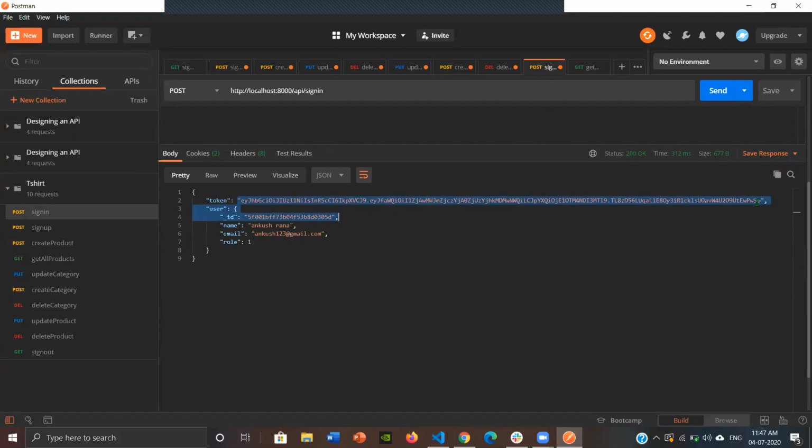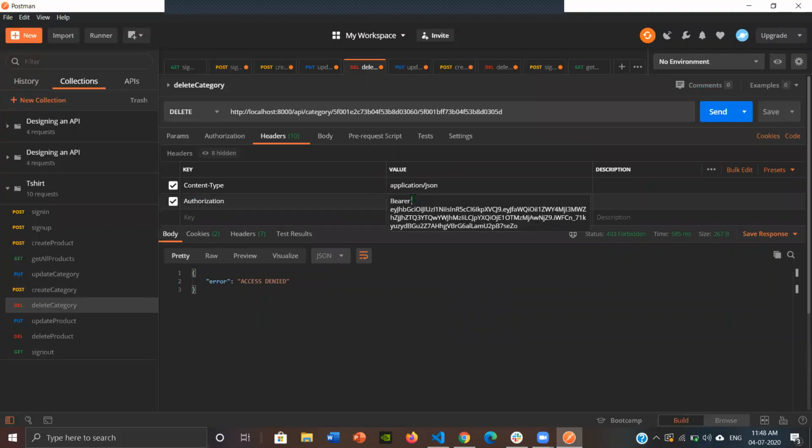We need to update the token. It was delete category.